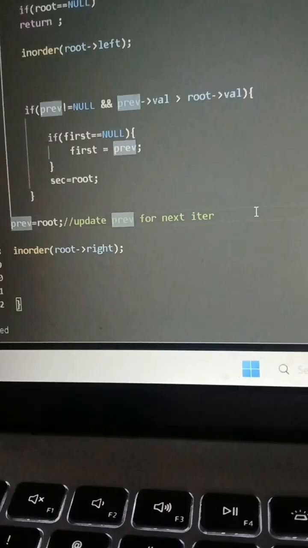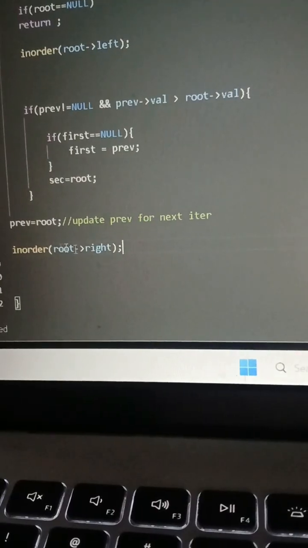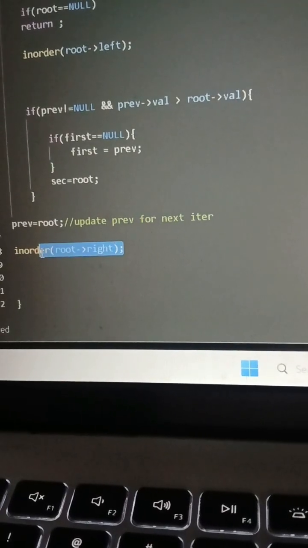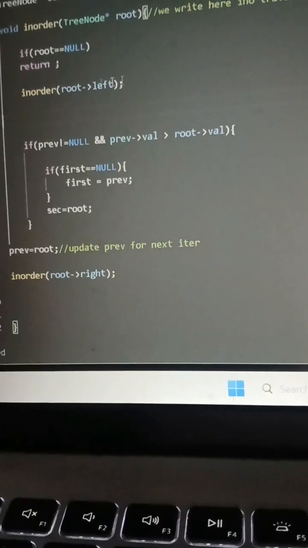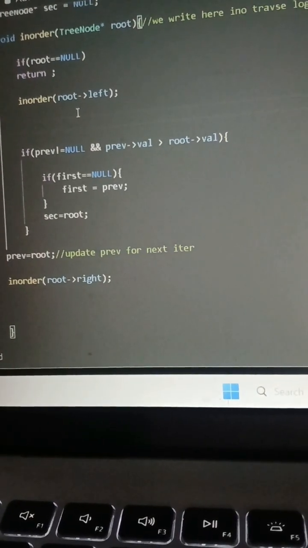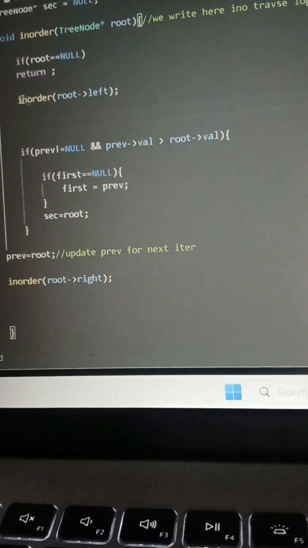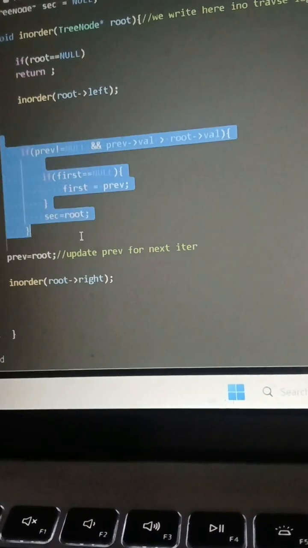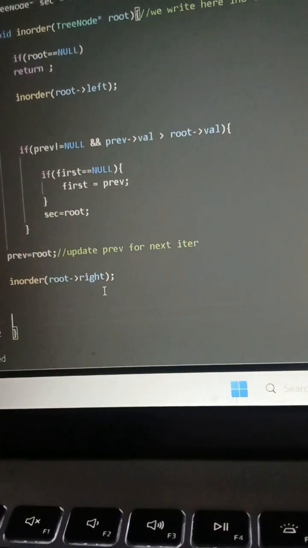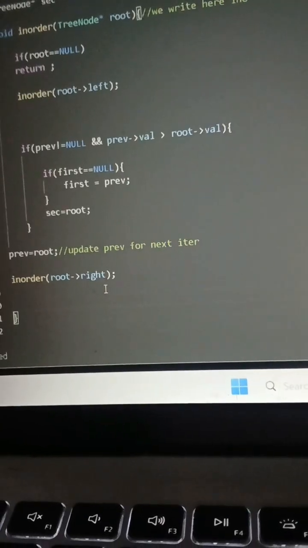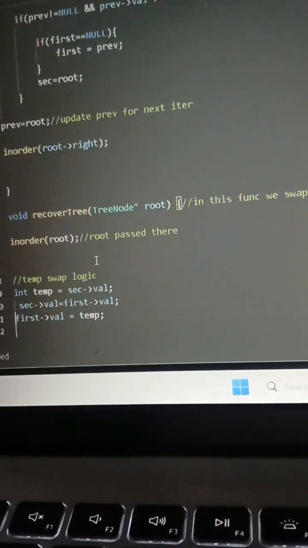We update the previous for every next iteration, and we call the in-order for the root's right. Simply, for in-order we are following left, then root, then right. So this is the left part, this is the root part, and this is the right part. This in-order function is to do the in-order traversal, and recoverTree is the function to